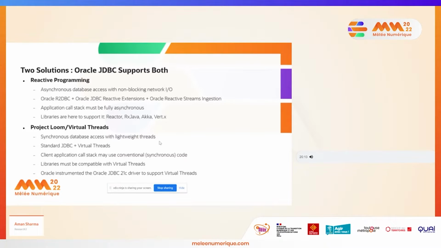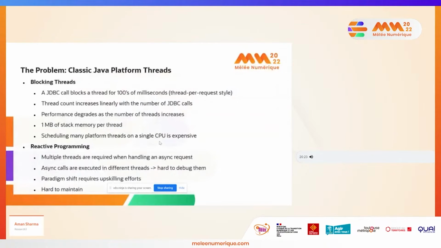And the libraries somehow have to be compatible with virtual threads. So Oracle has instrumented the Oracle JDBC 21c driver to support virtual threads. Okay, let's talk a little bit about the classic Java platform threads then. As I can say, before JDK 19,